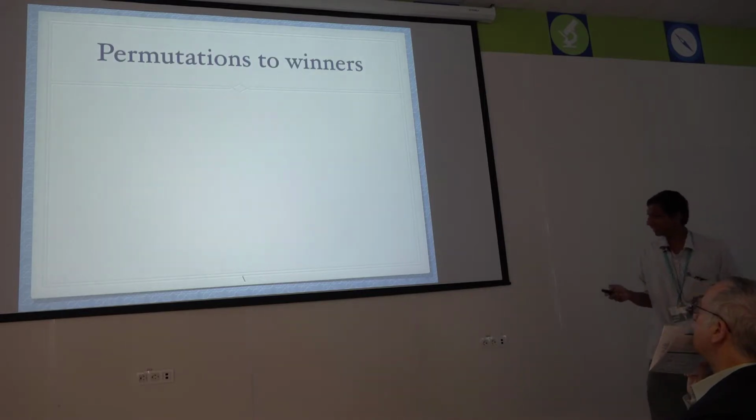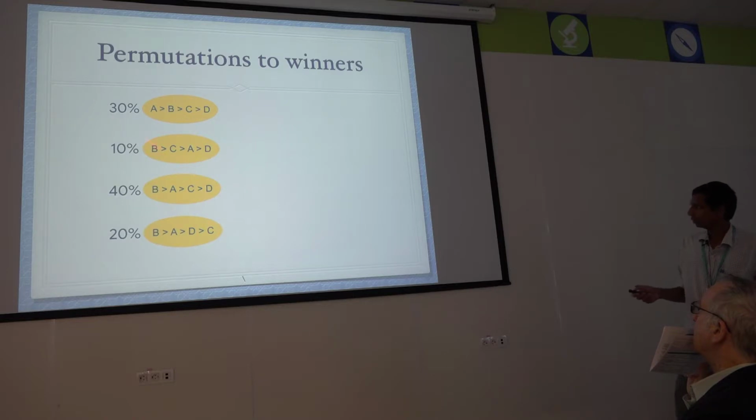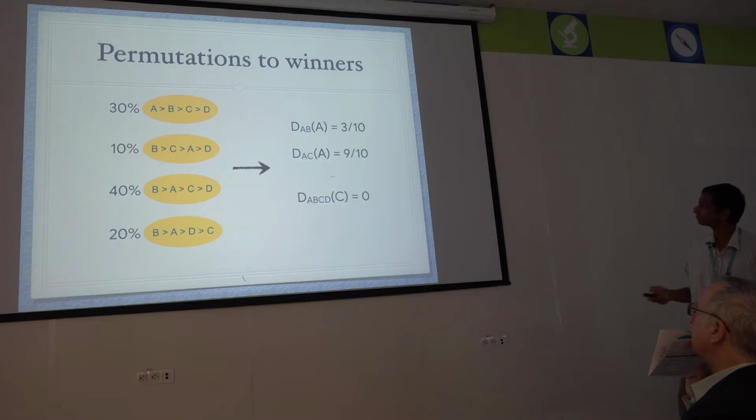And the intuition behind the idea is the following. Suppose this is the distribution on the underlying 4 different orderings. Remember, instead of 16 permutations I only have 4, so already I have made an assumption here. Now this distribution induces a winning probability for every slate. So imagine the slate AB: only this user likes A over B, and they occur 30% of the time. So d of A for the slate AB is exactly 3 over 10.